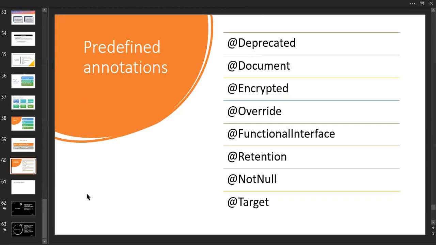Actually, I thought this is a small topic, but according to your textbook it is somewhat a big topic. There are almost 7 pages only for the annotations. I don't know why they mentioned this. I need to cover each and everything, that's why I'm explaining it to you. I'm not going to give an example for each and everything. We already explained override and functional interface, and there is the encrypted one, which is important. Deprecated means we are not going to use that. If there are any warnings, we are going to use this deprecated method,